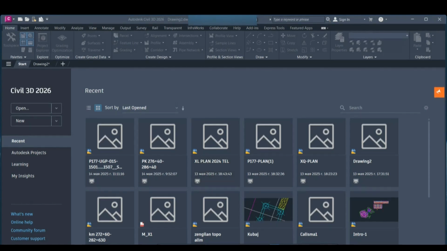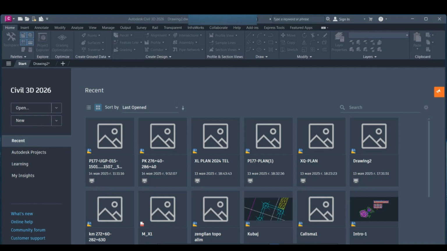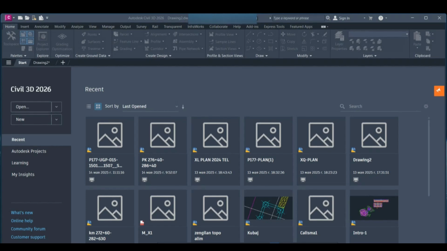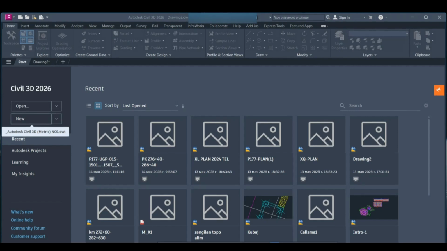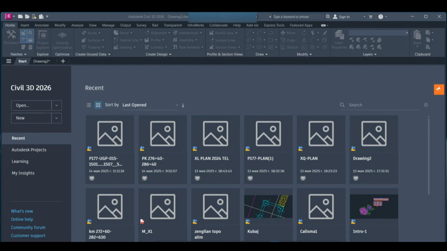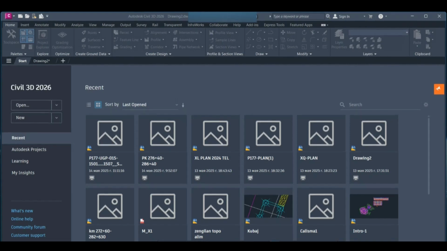In this section, after double-clicking on the Civil 3D program, you will see the Start window. Depending on the version of Civil 3D you are using, this interface may look slightly different, but the overall logic and functions remain the same. At this stage, you can create a new drawing, or you can open a template file, DWT, and save it